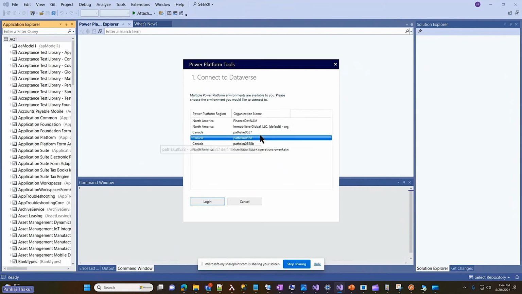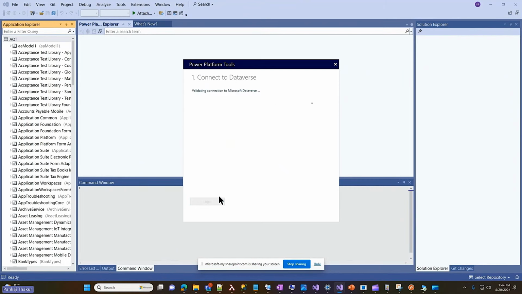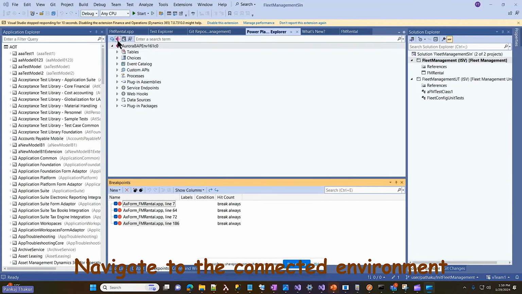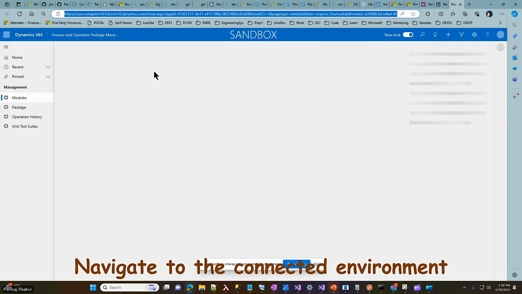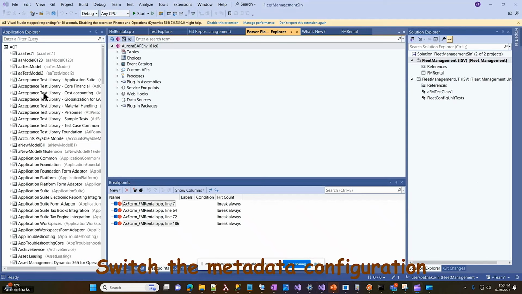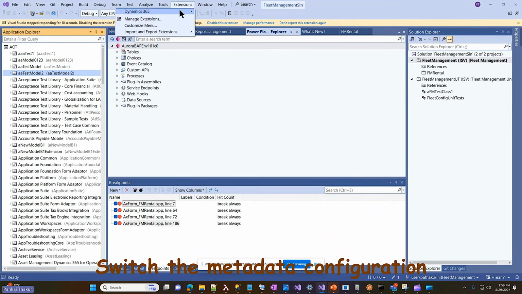And in this case, it's a different user. We are going to connect to a different environment. And it could be the same instance of Visual Studio or two different instances of Visual Studio open side by side simultaneously. You could be connected to two different environments if you so want. And that's the name of the environment. If you click on any of those,